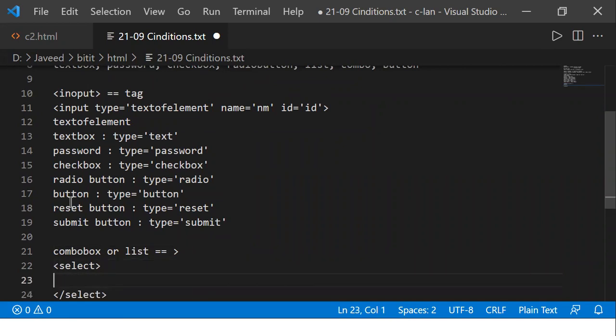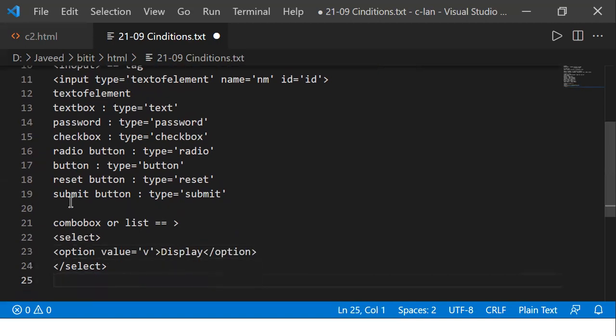In between these select tags, we'll have options. For the option, we'll write the value, and we'll discuss it one by one. Then the display data, what you want to display, you write in the option. Like this, you define multiple options. For both you'll do the same thing.